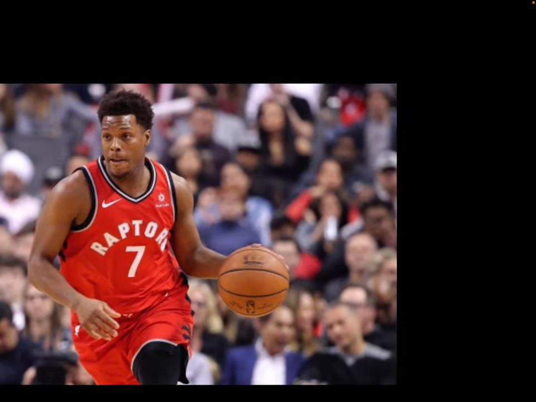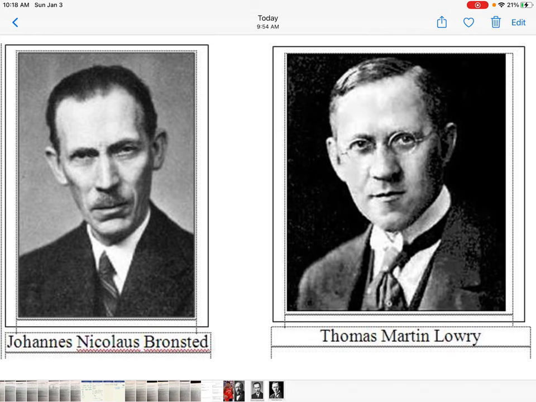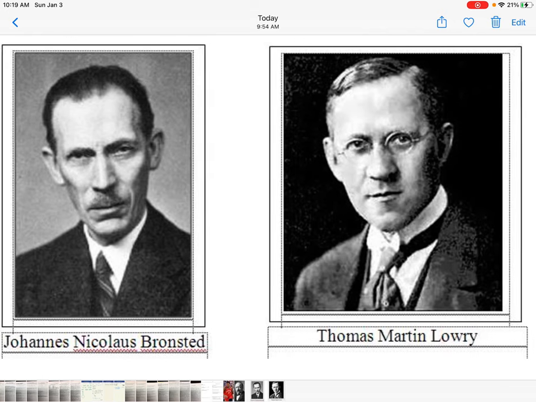Anyway. Oh, what happened here? There. This is the Lowry that we're talking about. This Lowry right here. He's no baller. I'm sure he's not very good. But what he is good at is telling you exactly how acid and base works. And here is his